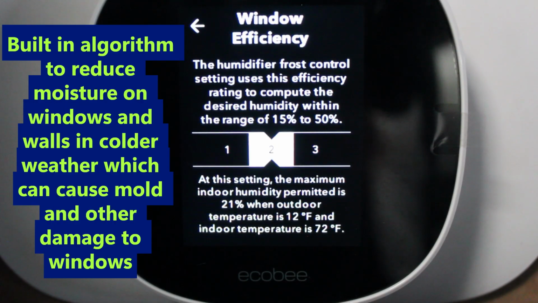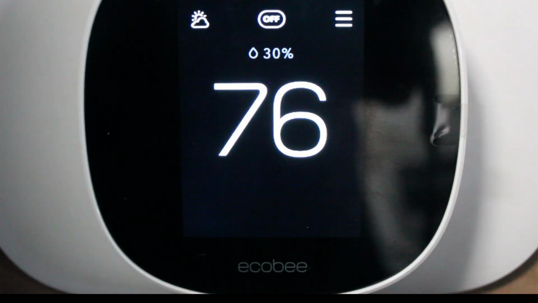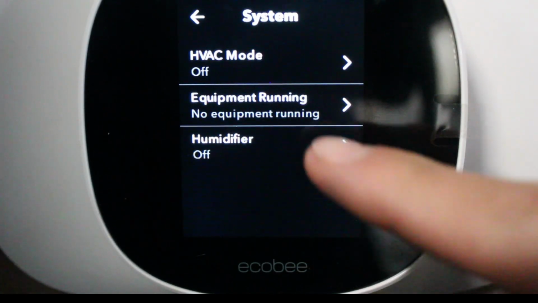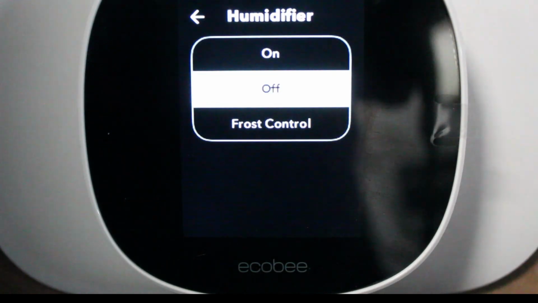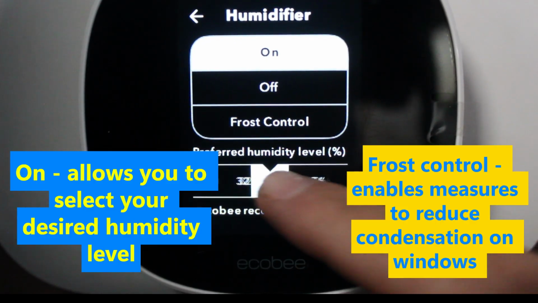This is because the higher the humidity in the home and the colder it is outside, the more likely you are to have that sweating, that condensation forming on your windows. As far as turning on your humidifier, if you go into your menu and your system, it gives you the option for humidifier. We're going to go ahead and select on,